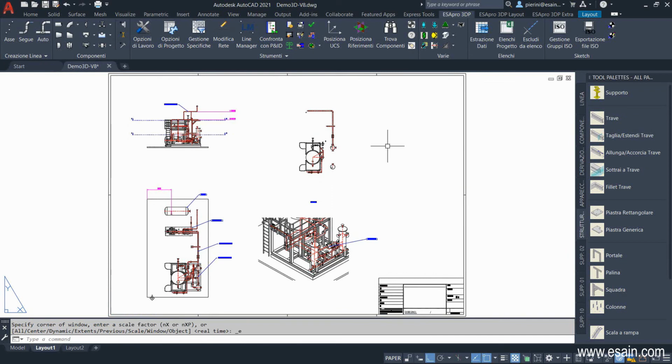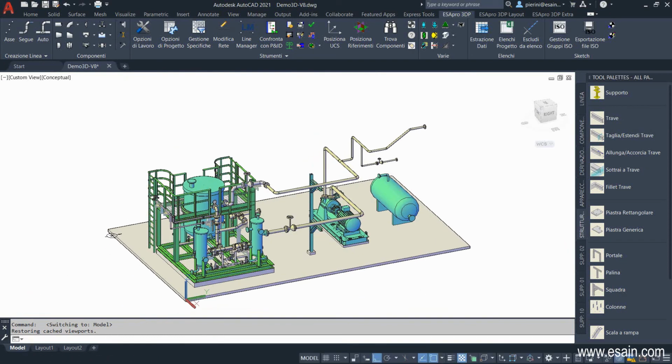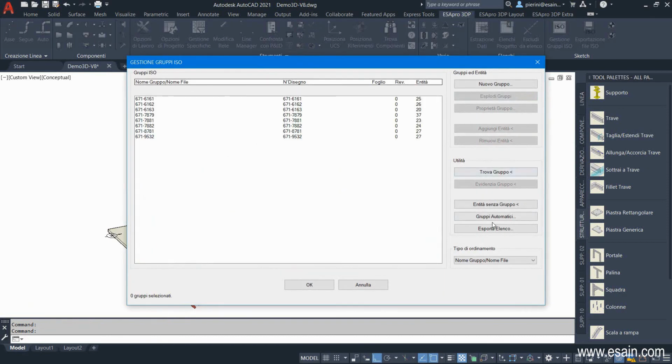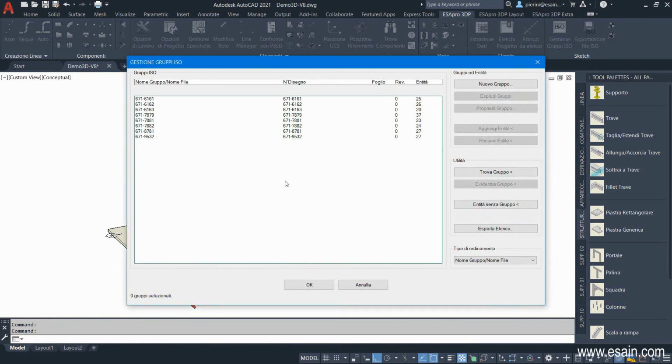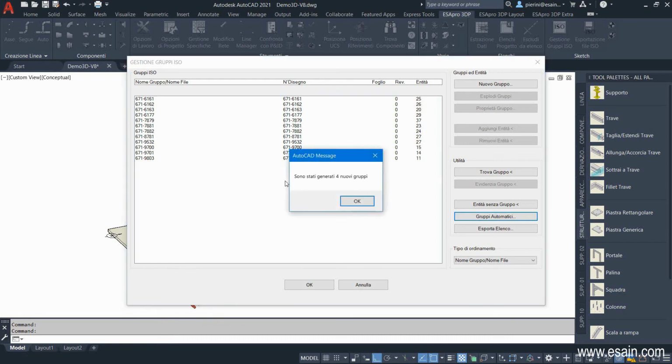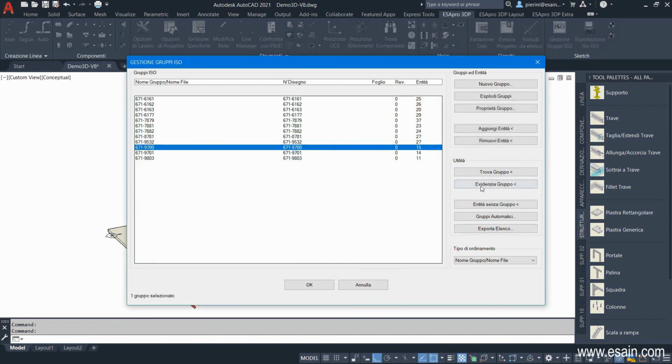Let's return to our 3D model for isometric sketch extraction. With the ISO Groups management, we can decide how to organize our sketches. The Automatic Groups function initializes a set of sheets, each one containing a set of objects. These sets of objects, sheets, will then become real drawings, isometric sketches. In the right column, we see the number of entities that ASA Pro is going to insert in that drawing.